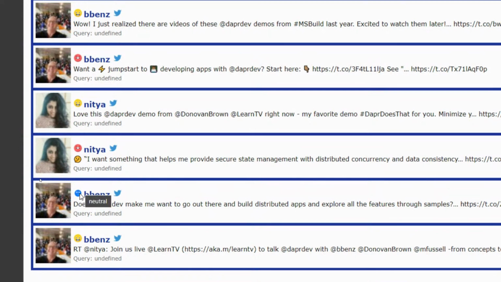So what it does is it takes the text that it reads, and we're sending that over to AI and sentiment analysis, which is a nice component we have inside of Azure. And it basically tells us, was this a positive, negative, or neutral tweet? And then you can obviously aggregate this information and make some really well-designed decisions on how your company is doing. How is that new feature that you just launched doing in the wild?